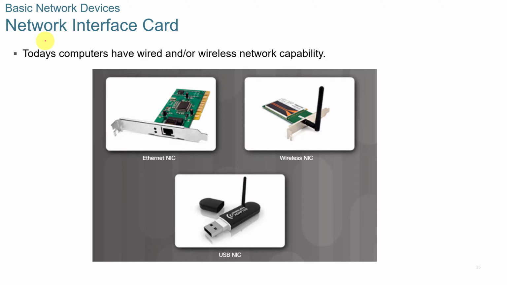One of the things you'll need to be very familiar with in this course, in Network Plus, and in basic IT in general is the network interface card, or NIC. You'll hear it called a NIC card. They have either wired or wireless network capability. This is a card that you would plug into your PC, and it would allow you to connect an RJ45 connection. A wireless NIC would also plug in, but you would just have the antenna coming out of the back. Some gaming desktops will have these now, or they'll have them built in on the motherboard. You have a USB NIC. These aren't super common anymore, but they are still around and you can use them.